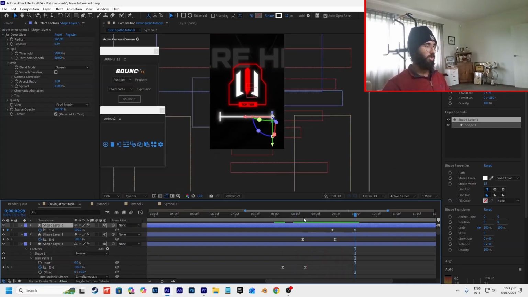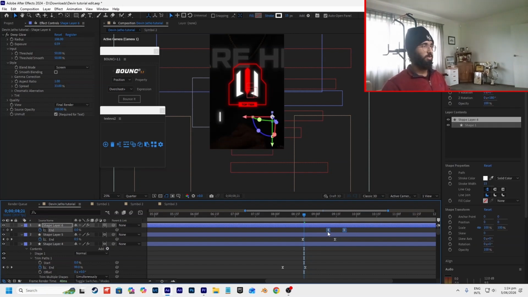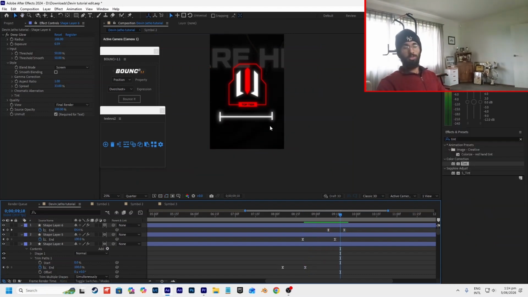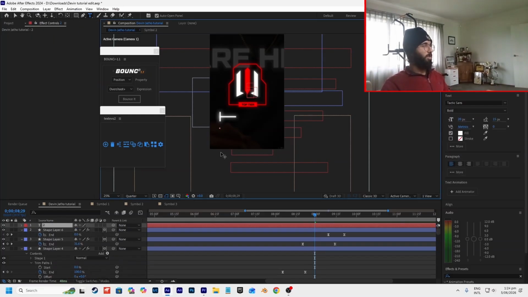Looks good. We can even make it closer together to speed it up and bring it further across. That looks pretty good. Now what we're going to do is create the ticks, so the 2K and the 8K, so 2 and then K, fully capped,